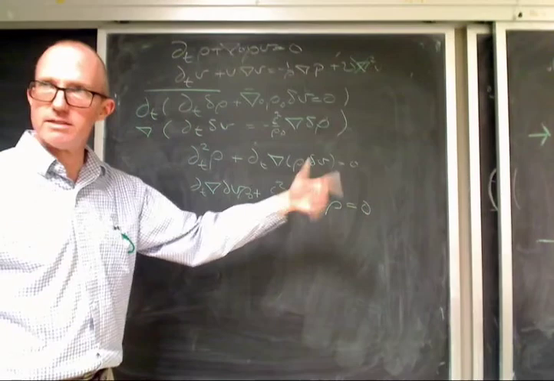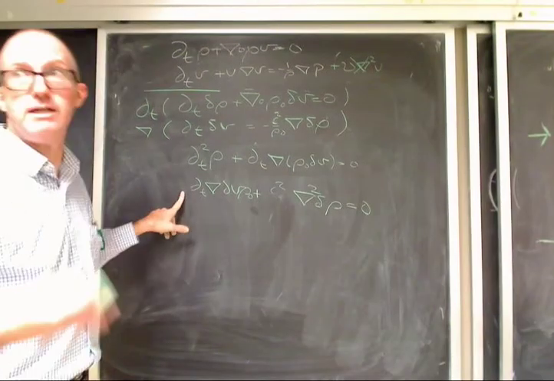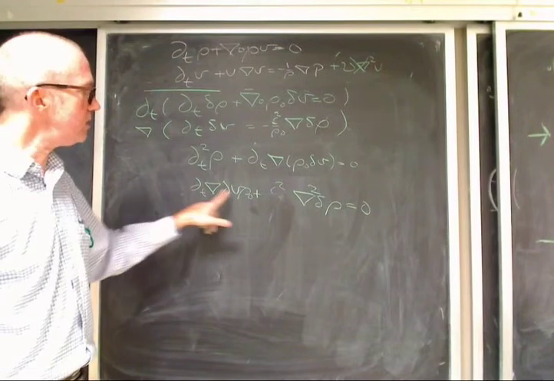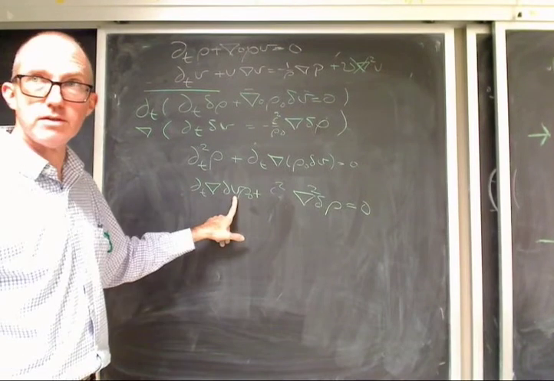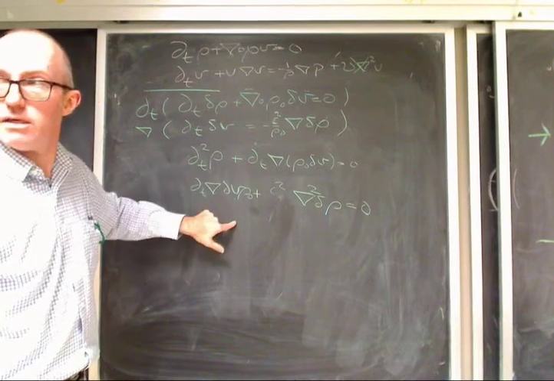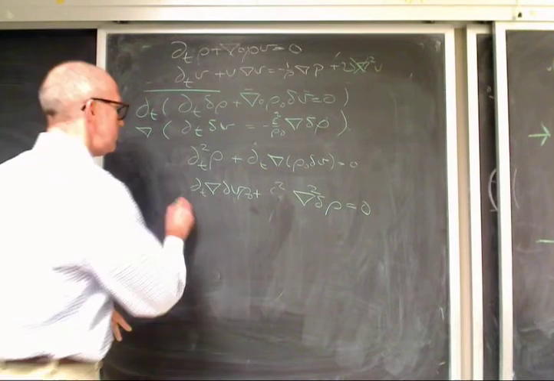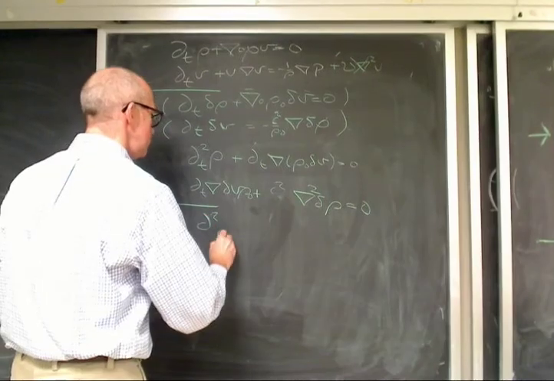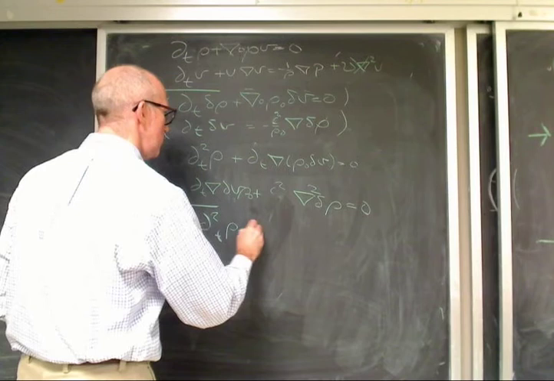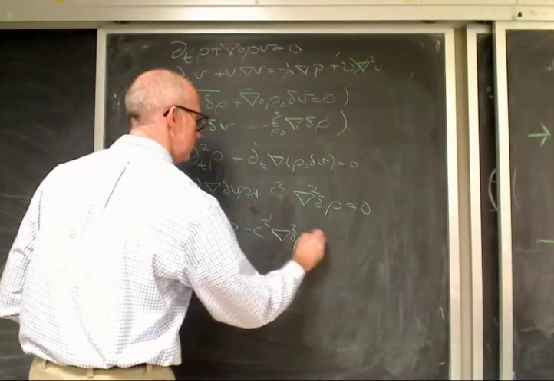The right-hand side doesn't do anything. All that amounts to is moving the rho naught to this term. Rho naught is constant, that's what we said, so it gets to go all the way inside all of these derivatives. Now these two terms are the same. And now when I take the difference, they go away, and I'm left with d squared t delta rho minus c squared grad squared delta rho equals 0.